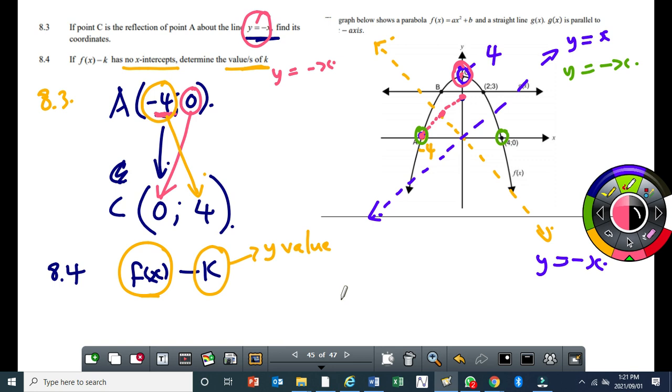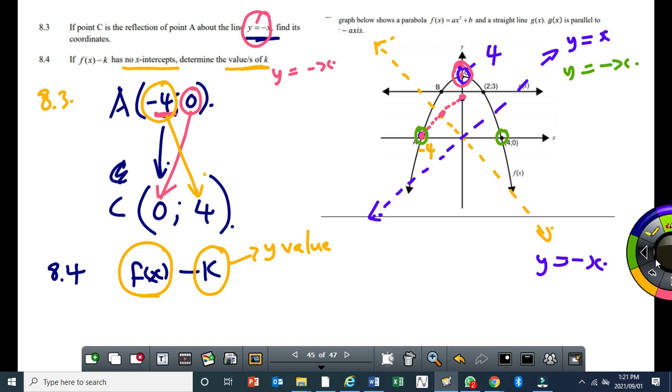Five. By how many units? 4 units. Okay, let's say we move it by 4 units. If we move it by 4 units down, it means we'll end up having a graph which looks something like this,